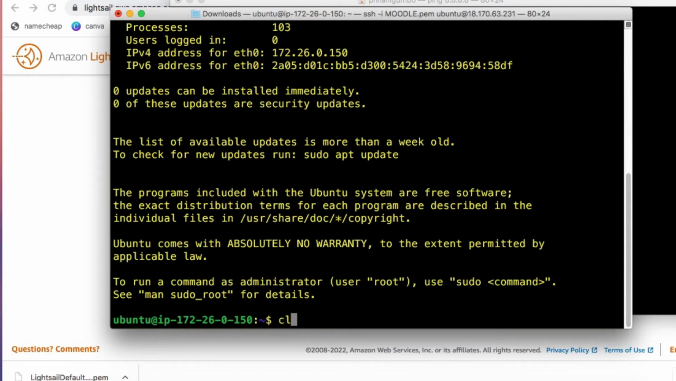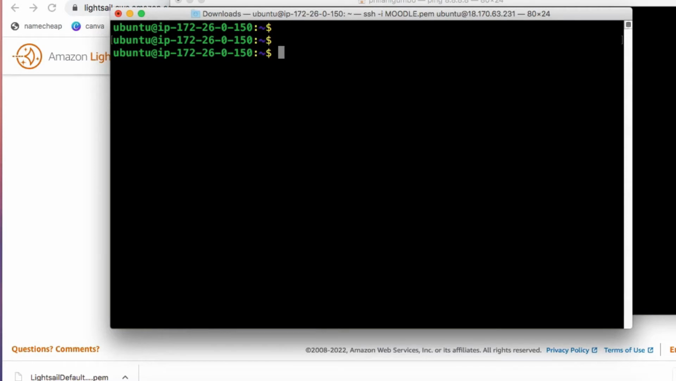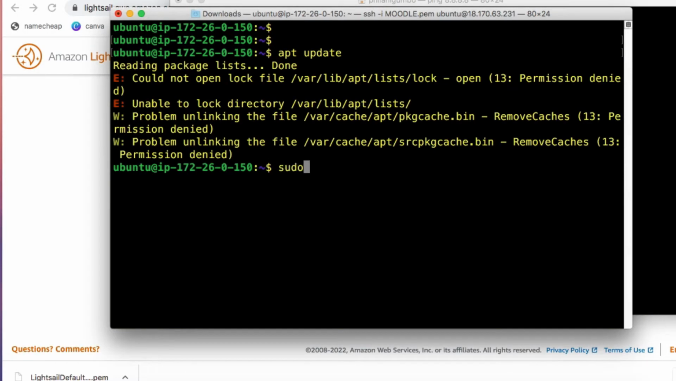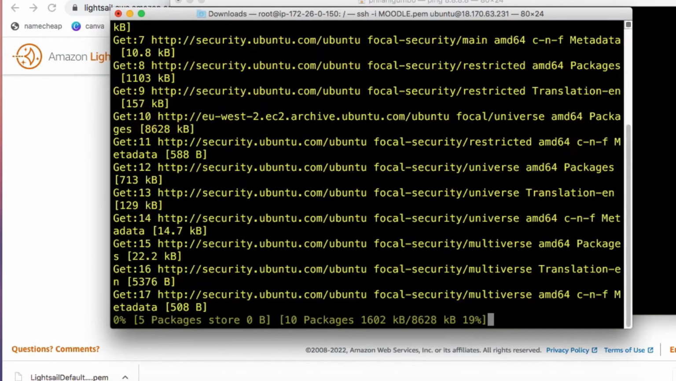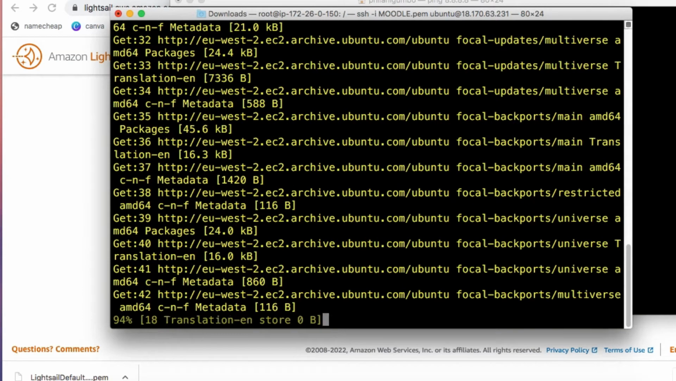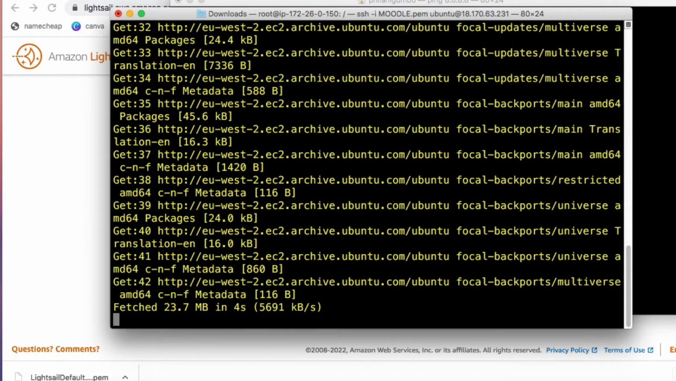We're now connected to the Moodle server via SSH, and the next thing to do is to install package updates for the server. Run the command sudo su to change to root, and then run the command apt update. This will install system and package updates for Ubuntu, which is the operating system that we're deploying Moodle on. Once the package update installation process is complete,